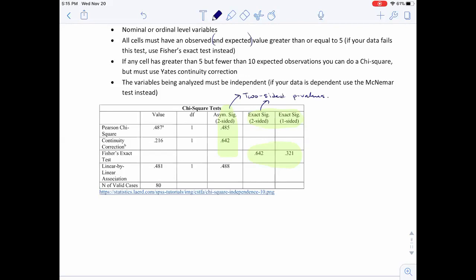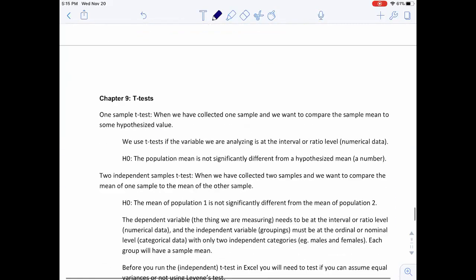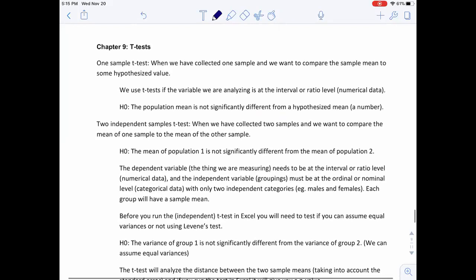Any questions about chi-squareds? Oh. T-tests. We hardly talked about one sample t-tests, barely even touched on it, right? And so